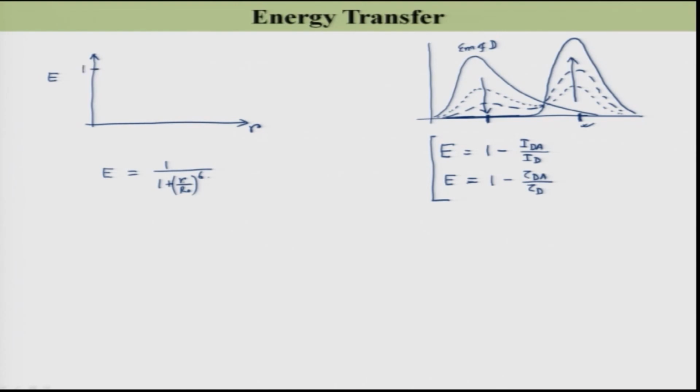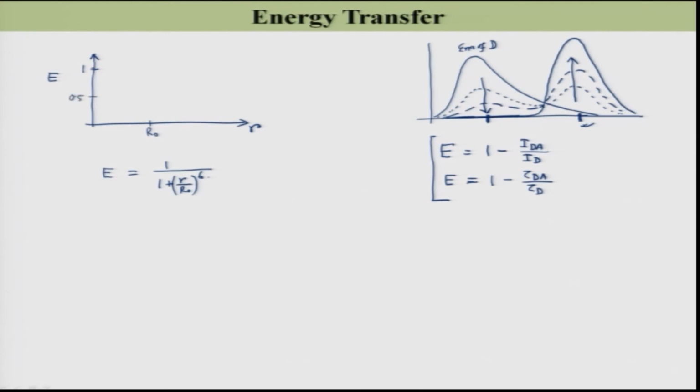And when r equal to R_0, let us take a point over here where r equal to R_0, in that case R_0 by R_0, that means 1 divided by 2 equal to 0.5. So here I will get